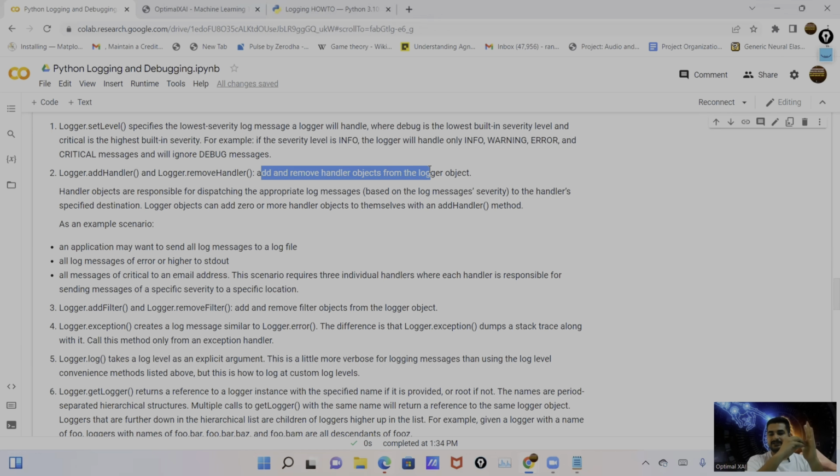So we can use a handler to send this data from here to here. This way, the handler works: it picks data from here and sends that data to the destination. This is the main task of the handler object. And you can see the same thing mentioned here. Handler objects are responsible for dispatching the appropriate log message based upon the severity, and also based upon the filter condition,